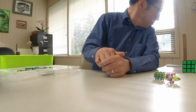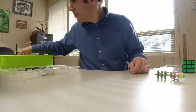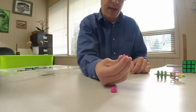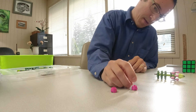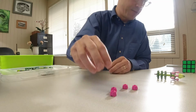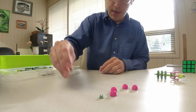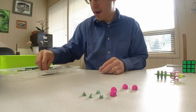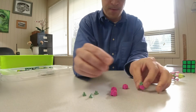Now we need to start putting some flowers down here. We're going to need 4 of these. These look like a 2x2 cone brick with a button on top. I don't know, that might be what it's referred to as, but we need 4 of those. And then we need 4 of these 1x1 plates with a clip on top. And I have 4. Okay. And just pop each one of these on top. 1,